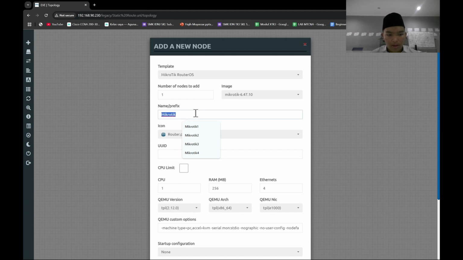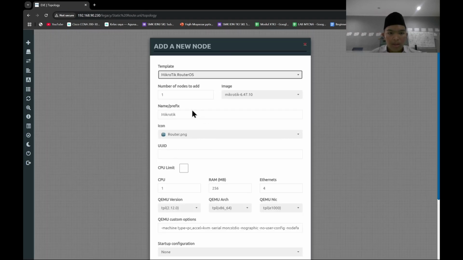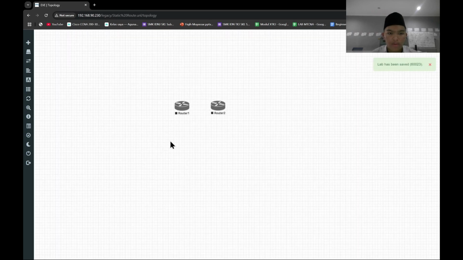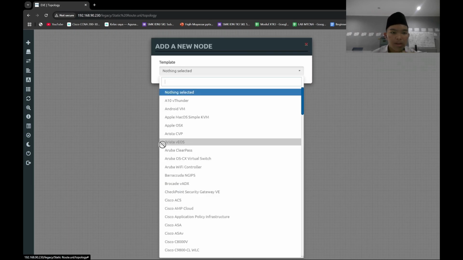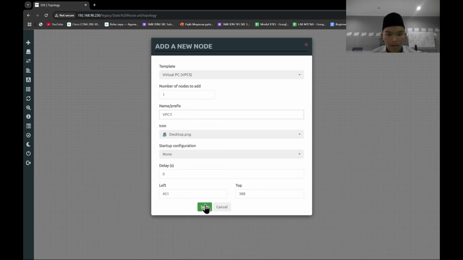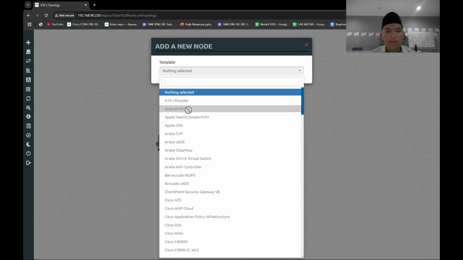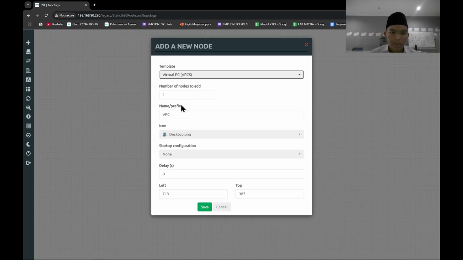Gonna add the first and give the name router 1, and then gonna add one more router and give the name router 2. Save. And the next, I'm gonna add virtual PCs, and I'm gonna make the names virtual PC 1 and then virtual PC 2.